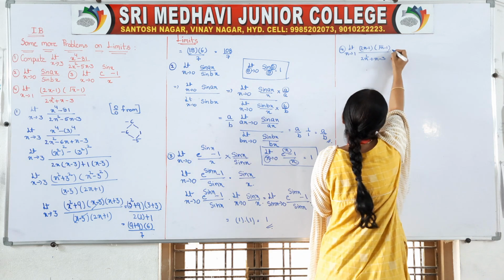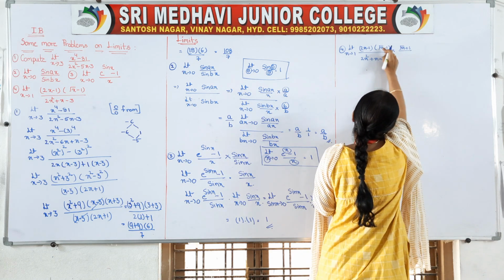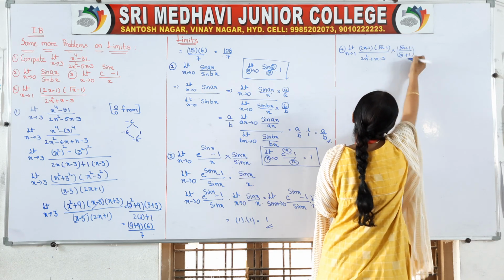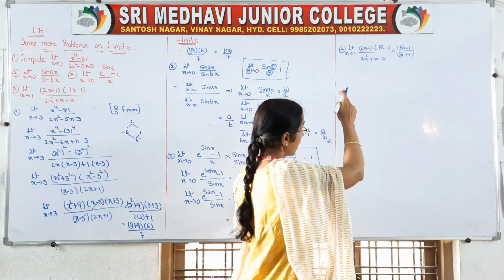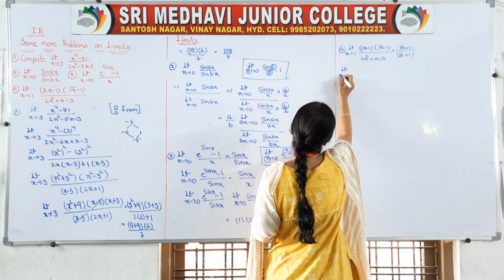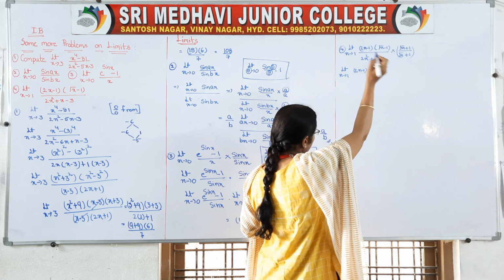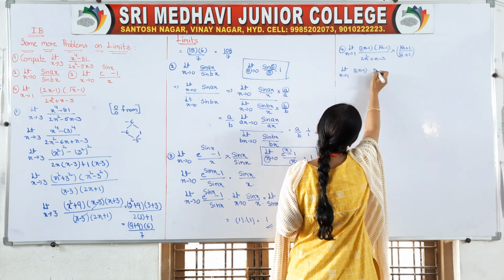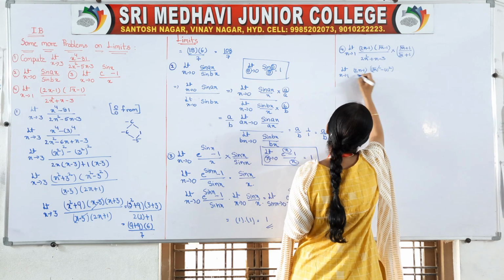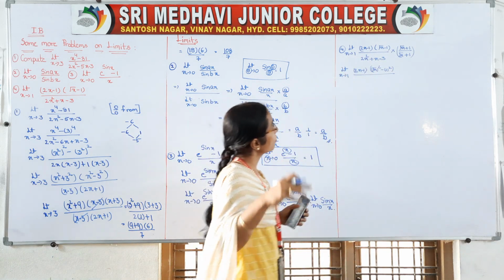So come on, rationalize it. Here root x minus 1 is there, that's why we are going for rationalization, isn't it? So we have to multiply and divide with root x plus 1. So next, limit x tends to 1 of 2x minus 1. Come on, a minus b into a plus b, that is root x whole square minus 1 square, by, now try to get the factors for this. How will we get the factors?